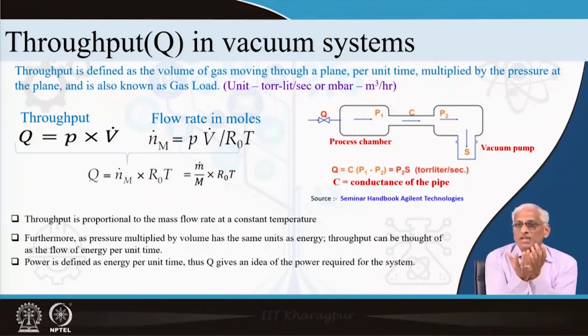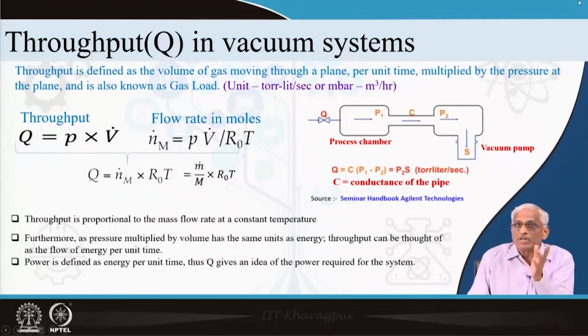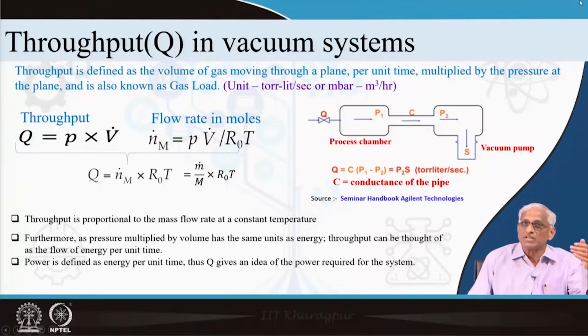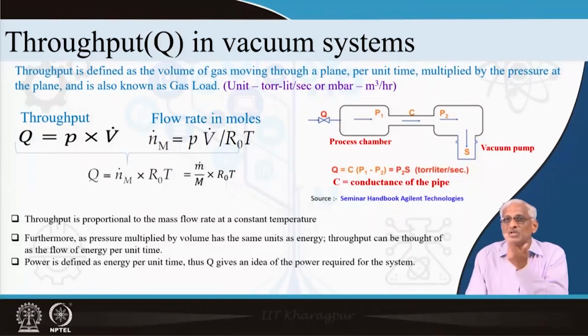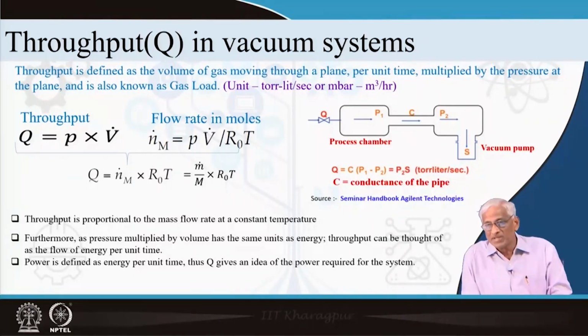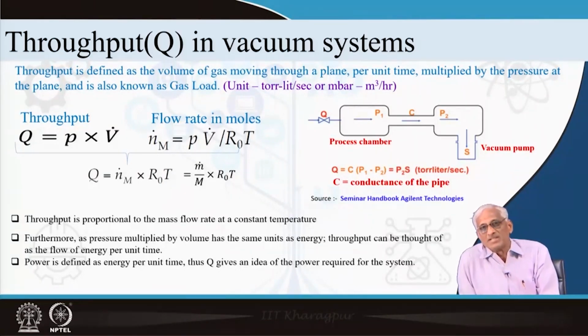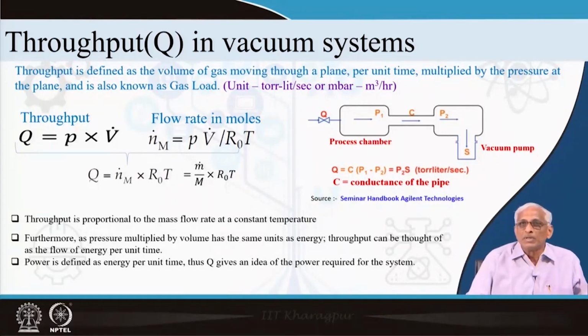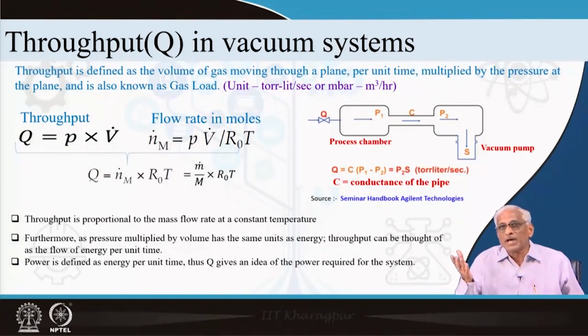Initially, when you are evacuating the process chamber, whatever gas is there inside will be removed. After that, whatever is leaking, whatever is degassing, whatever is coming from various sources will be coming. The pump does not distinguish whether the gases are already available or something is continuously coming. Something continuously coming is called loading, but whatever is being removed is pumped down. These concepts are very simple to understand, and that goes to the pump. This is called the vacuum pump, connected with a connecting pipe,